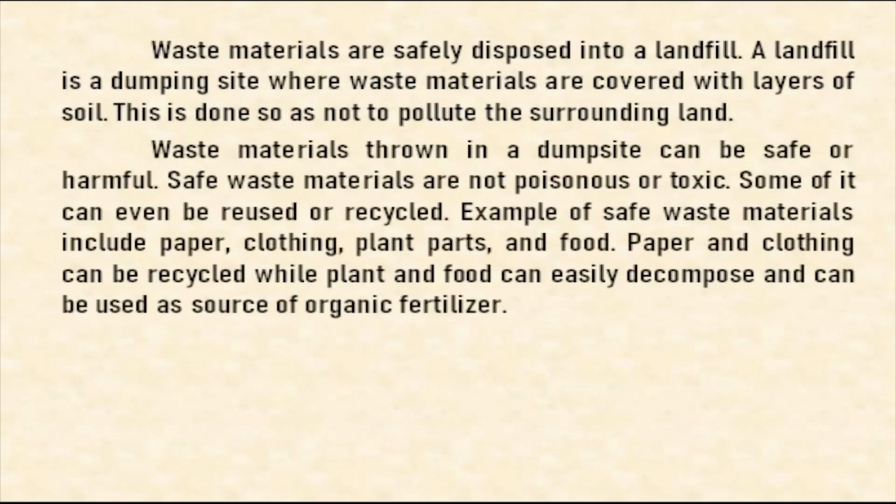Waste materials thrown in a dump site can be safe or harmful. Safe waste materials are not poisonous or toxic. Some of it can even be reused or recycled. Examples of safe waste materials include paper, clothing, plant parts, and food. Paper and clothing can be recycled, while plant and food can easily decompose and can be used as a source of